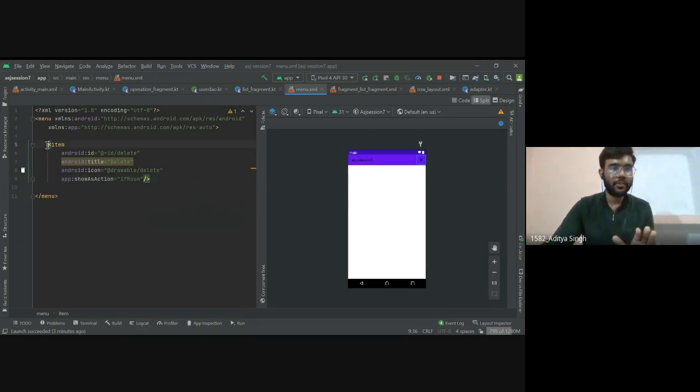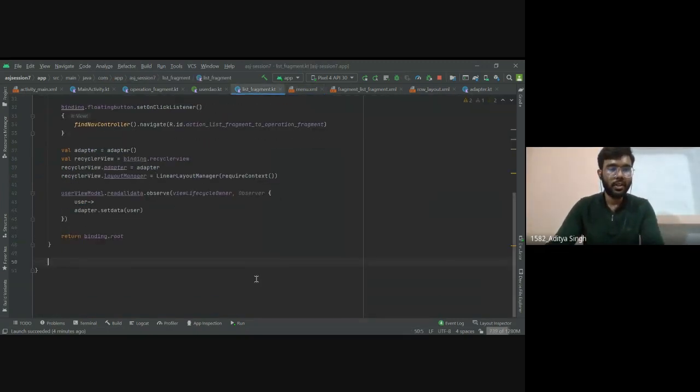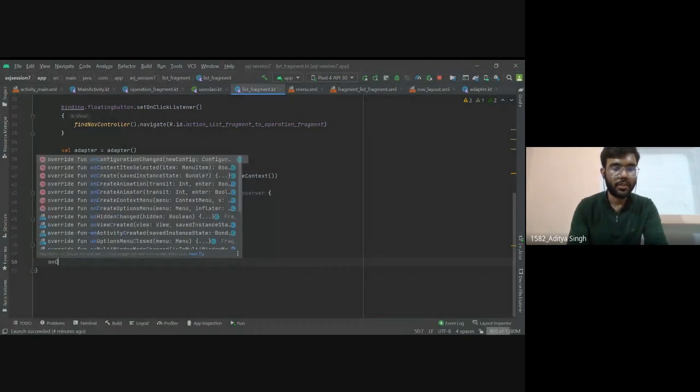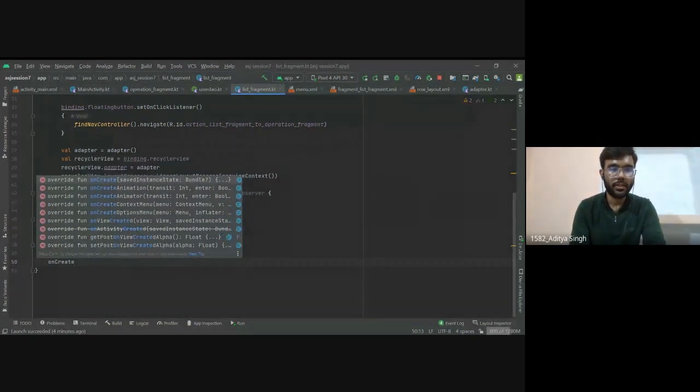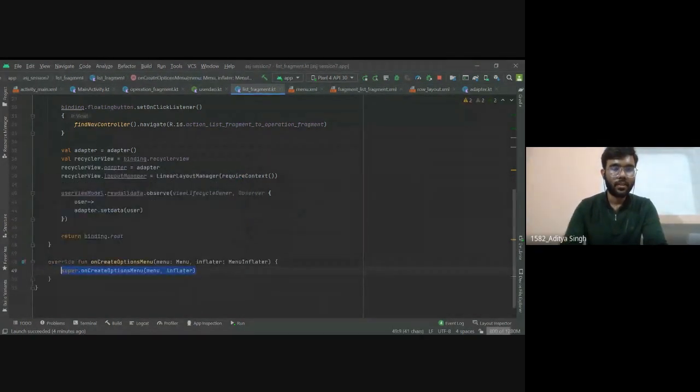We have created our menu file. Now we will attach our menu file to our list fragment because we want to display this delete icon there also. For this, we have certain functions, like one function is onCreateOptionsMenu. This function will create that menu, and it will make that menu display in our list fragment. So we will simply write onCreateOptionsMenu.